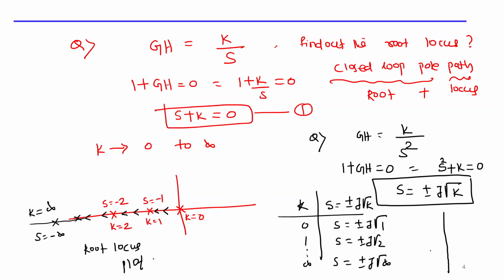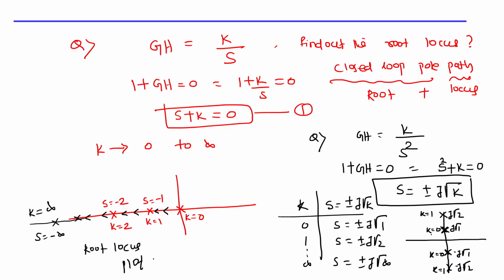Now if you draw the closed loop path of this, then at k equal to 0, that means at the origin, your poles will be located somewhere here, because these are complex conjugates. So one will be j root 1, another will be minus j root 1. At this point k equal to 0, and this point also k equal to 0. Now when you vary k equal to 1, it will vary plus minus j root 2 somewhere here. So this will be minus j root 2 and this will be plus j root 2. Likewise, at this point k equal to 1, at this point k equal to 1. So if you vary similarly from k equal to 0 to infinity, you will get a root locus path